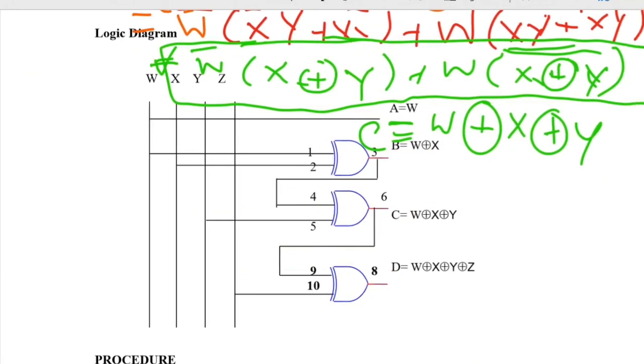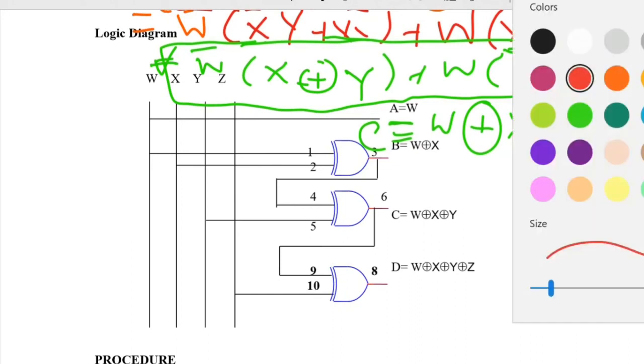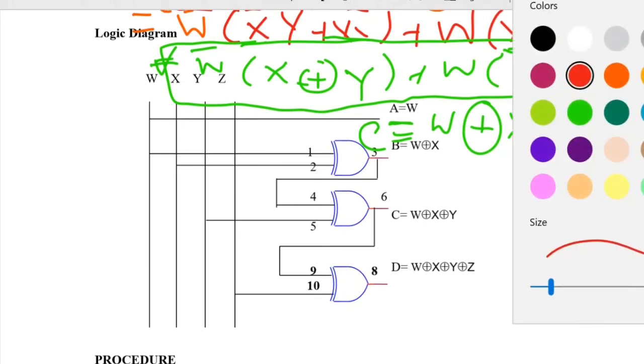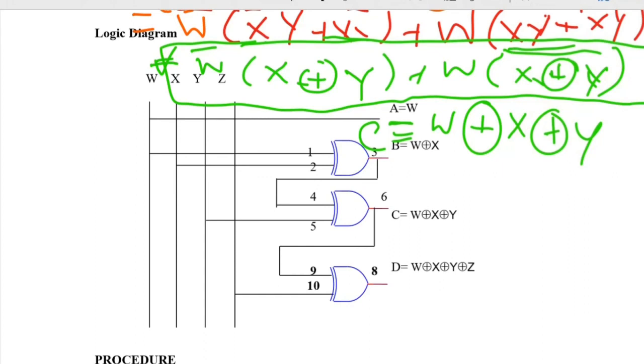So this is the logic diagram where we need to get the things one by one. A equal to W and B equal to W XOR X. So here we put one XOR gate. I am taking W here, make a bold dot, X here, make a bold dot.